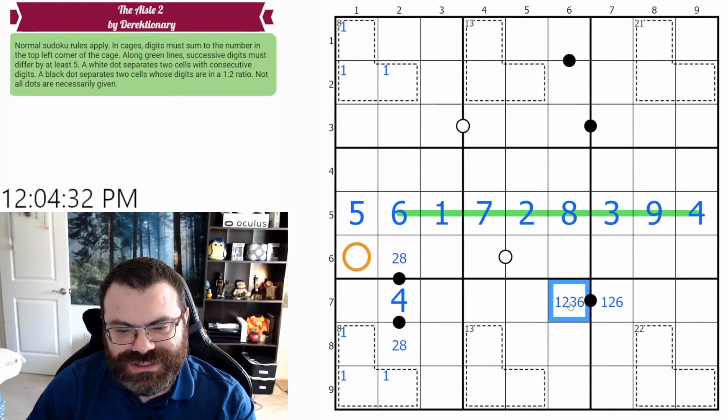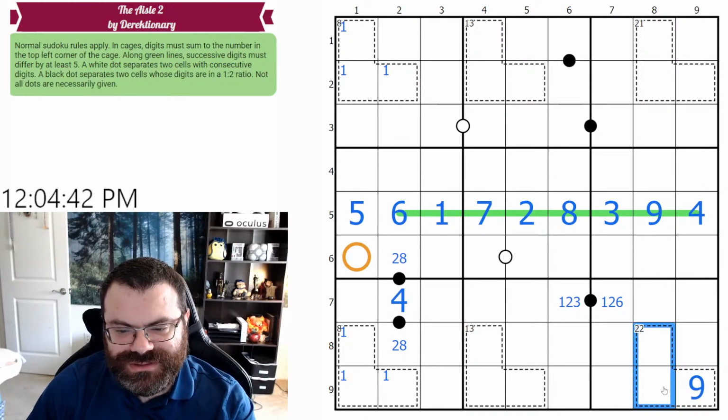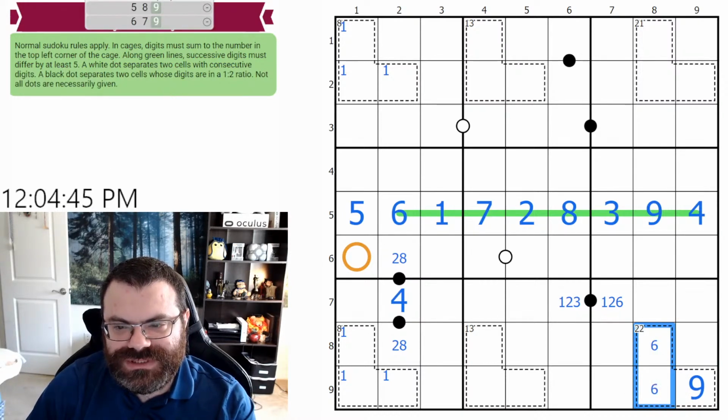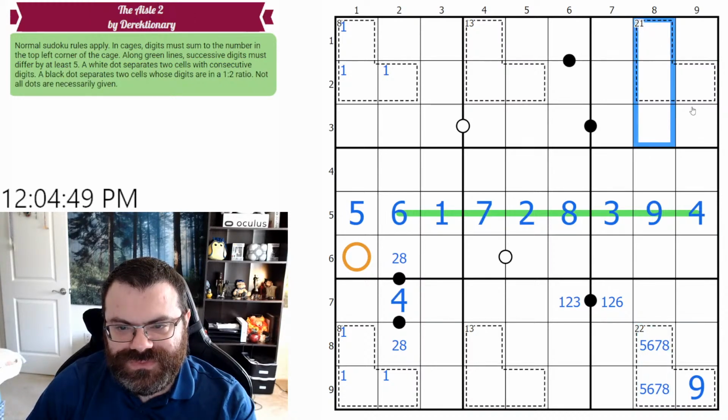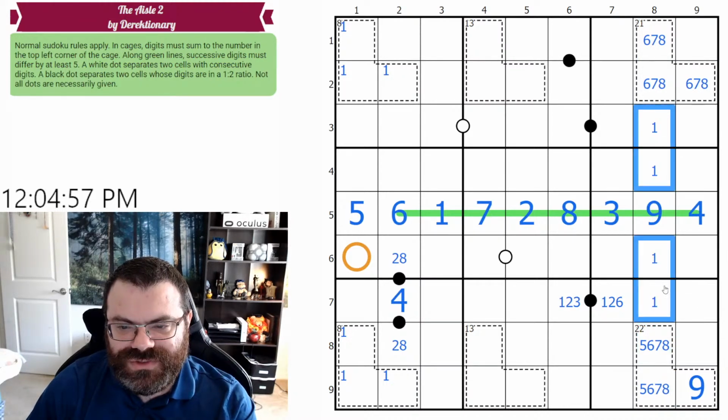This isn't a 3, so it's not a 6. 22 and 3 is either 5, 8, 9 or 6, 8, 9, so it has a 9 in it, and that has to go here. So these are going to be from 5, 6, 7, 8. So the 21 cage doesn't have a 9 on it, so now it has to be 6, 7, 8 to get to 21. So we now have a 5, 6, 7, 8 quad here,